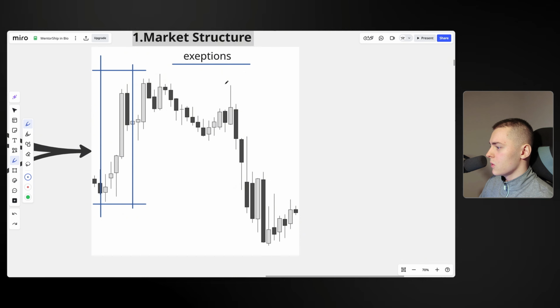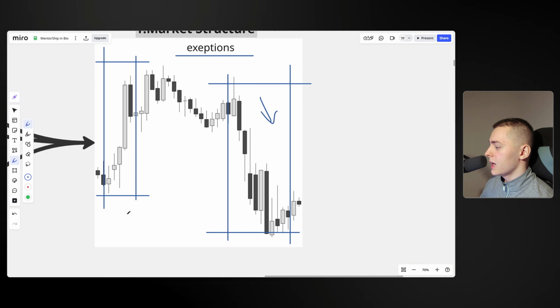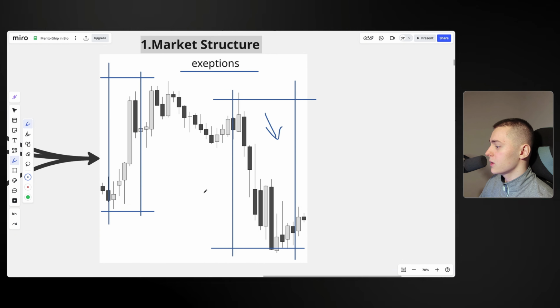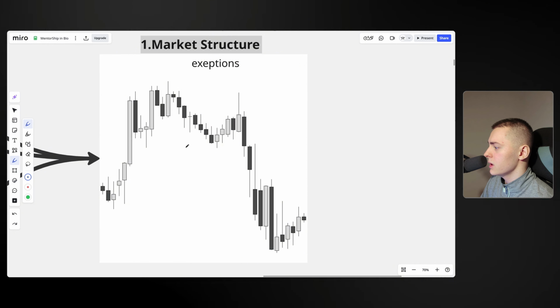But the same also goes for the downside. As you can see, this box is referring to the downside I'm talking about. But what happened before? You can't really differentiate, was this just a pullback of the uptrend, or what is it? So these are the exceptions that you have to look out for, and don't get trapped in those kind of situations. Now this gets very messy, so let me remove it real quick.